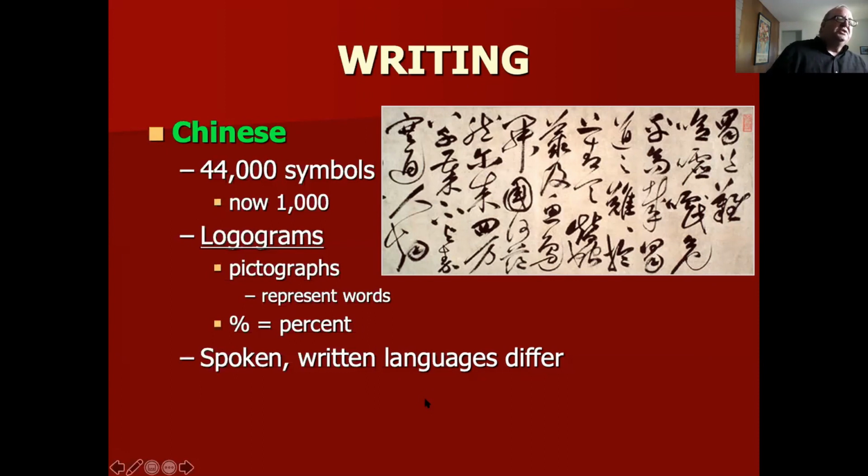For Chinese, the spoken and written languages are not the same. So the written language is